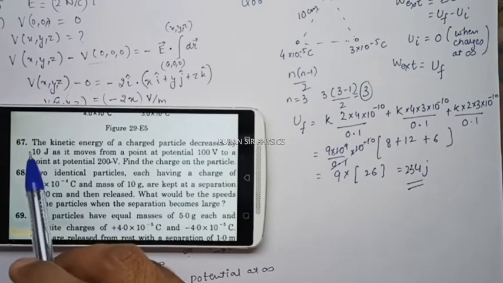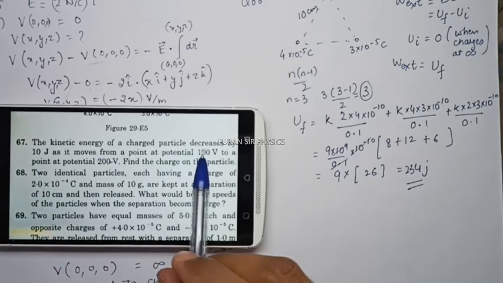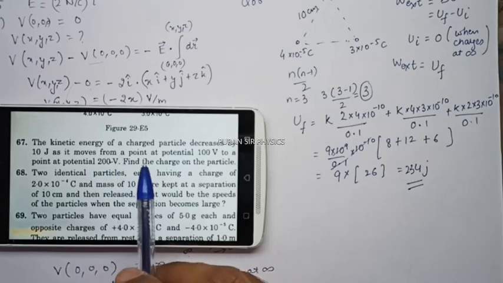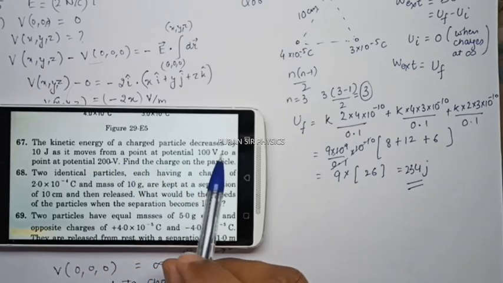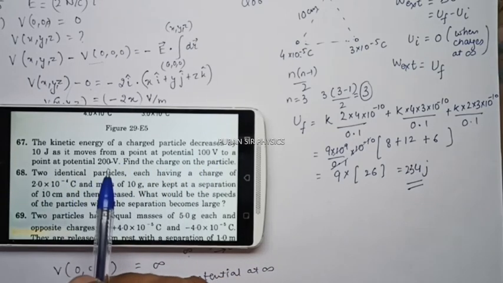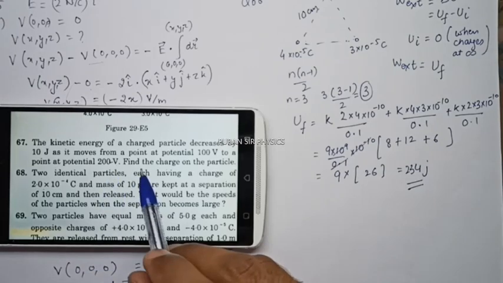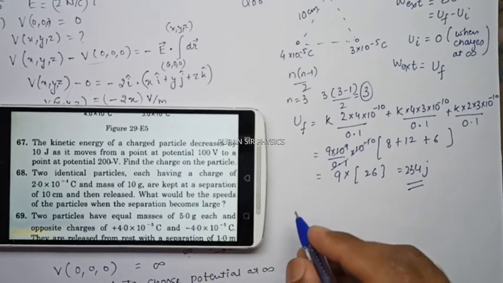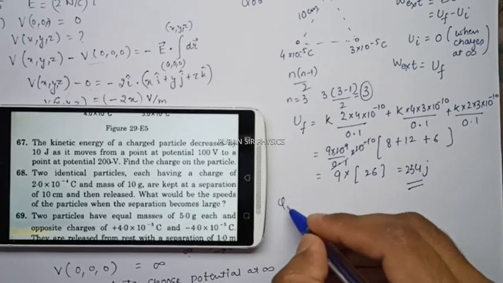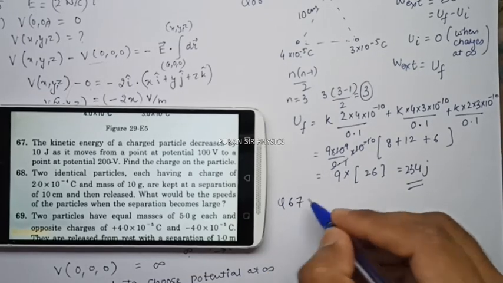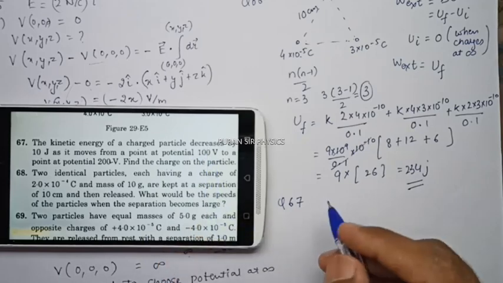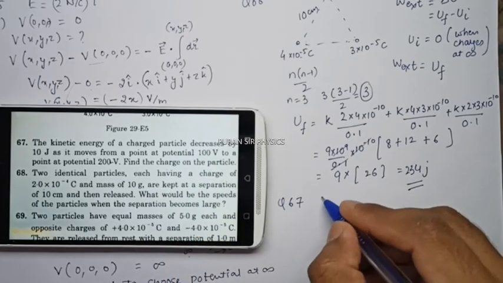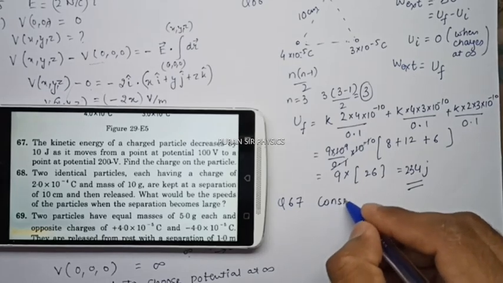In question number 67, the kinetic energy of a charged particle decreases by 10 joule as it moves from a point at potential 10 volt to a point at potential 200 volt. Find the charge on the particle. So in this question, your kinetic energy is decreasing, so it means your potential energy should increase. So if you apply conservation of energy,